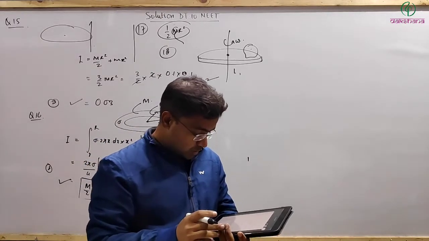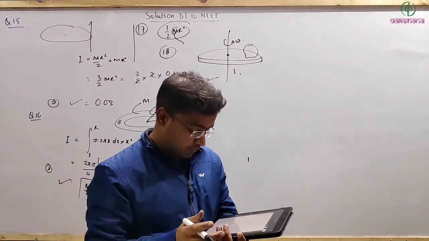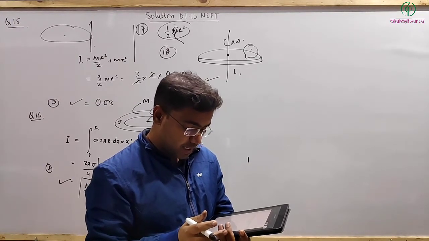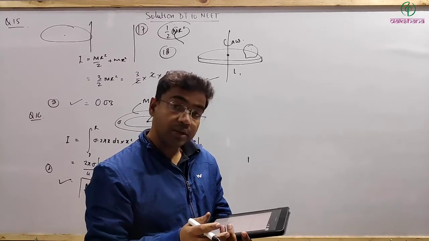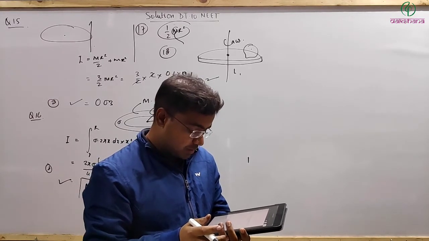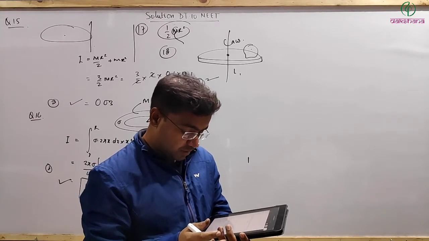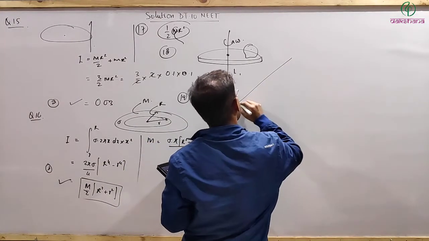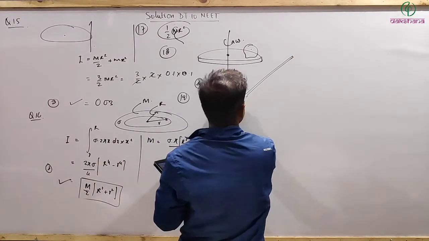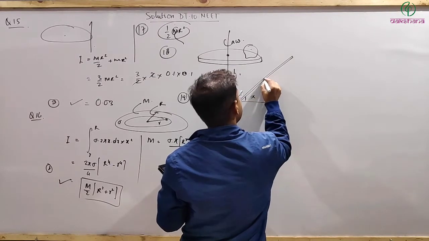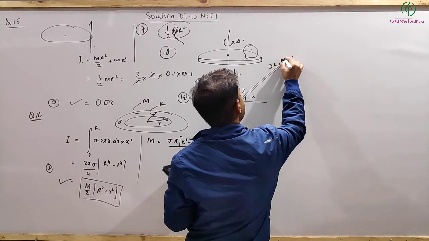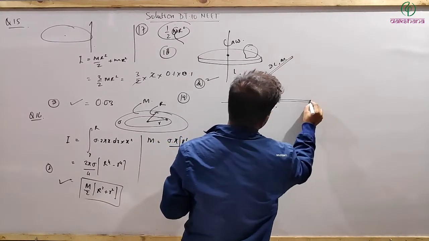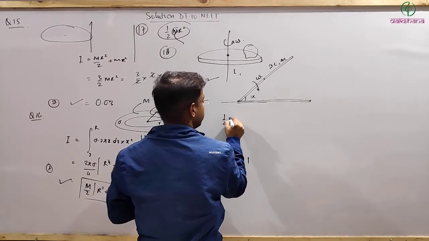Alright, so a uniform rod of length 2L is placed with one end in contact with the horizontal and is then inclined at an angle alpha to the horizontal and allowed to fall without slipping at the contact point. When it becomes horizontal, its angular velocity will be. So here also it is basically change in energy, right? This angle is given as alpha, length total 2L, mass m, और इसको अलाउ किया गया है। तो जब ये ऑलमोस्ट हॉरिजेंटल हो जाएगा उस टाइम पे इसकी एंगुलर वेलोसिटी पूछी गई है।